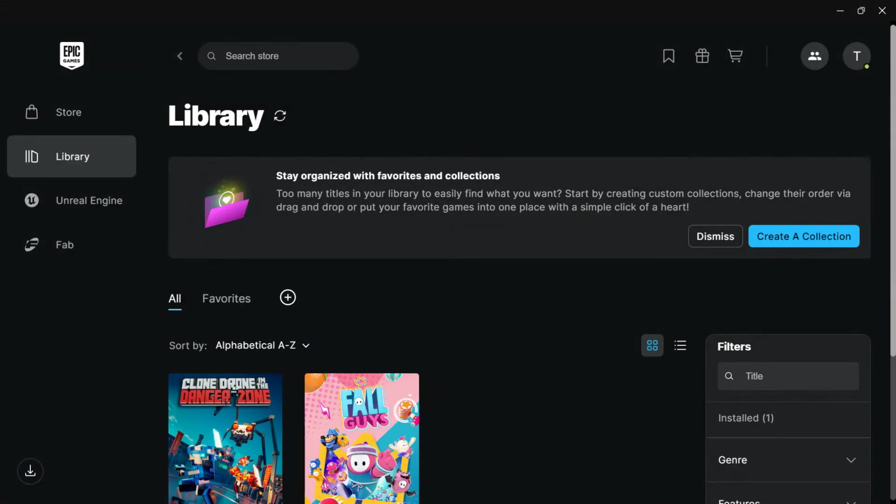If the Epic Games overlay is getting in your way, causing performance issues, or you simply don't want it running, this video will show you a quick and reliable way to disable it. I'll also show you the recommended method, which is renaming the overlay executables so the overlay can't load when the Epic Games launcher starts. This is a simple fix, and it only takes a minute if you follow the steps